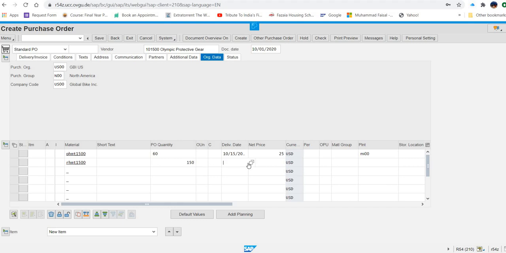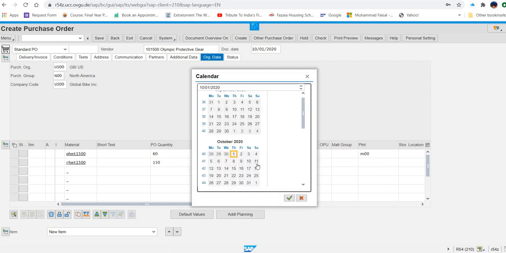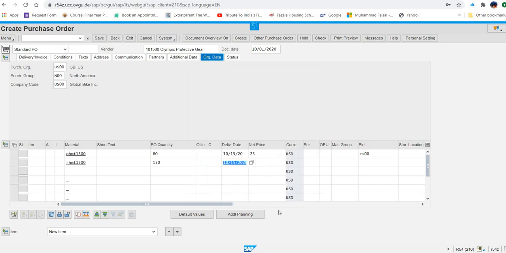And the date they are saying is again 2 weeks later. It is given in the exercise. And the price for this item is again 25. And the plant will always be MI00 here. And then what is required further?